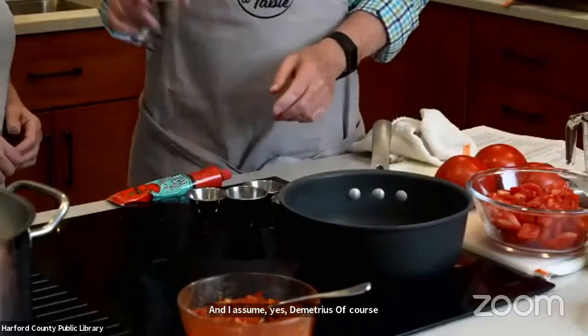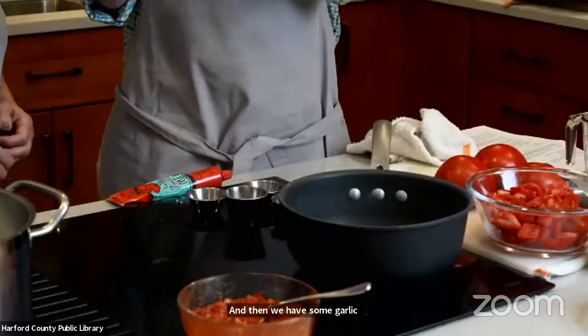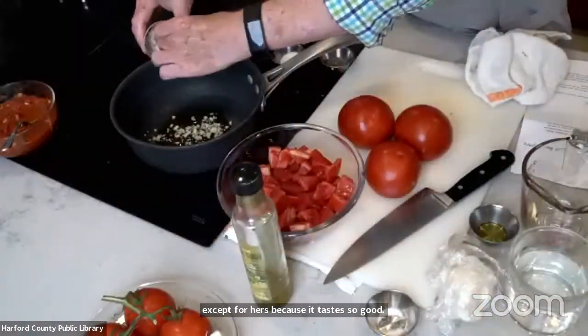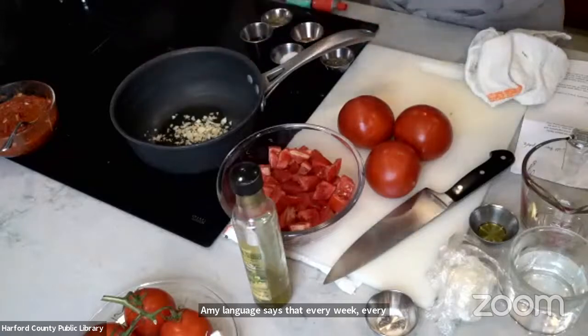We have some garlic, and you can get garlic local as well. One Straw Farm. Some from Joan Norman, a friend of ours, and I have a lot of people who say they can't eat any garlic except for hers because it tastes so good. Amy Langer says that every week at the market. So we're gonna put